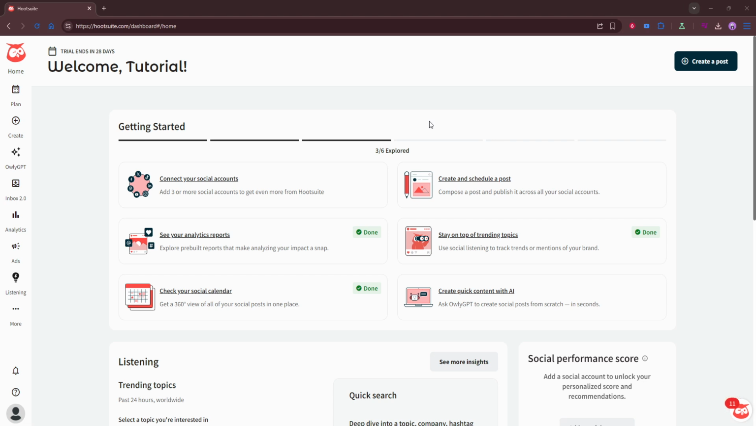First, log into your Hootsuite account. I recommend doing this on a desktop browser for the smoothest experience, since all the options you need are easy to find there. Use the official Hootsuite website, sign in with your usual credentials, and, if prompted, complete any two-factor authentication. Make sure you're logged into the correct account you want to manage, especially if you've used Hootsuite with multiple